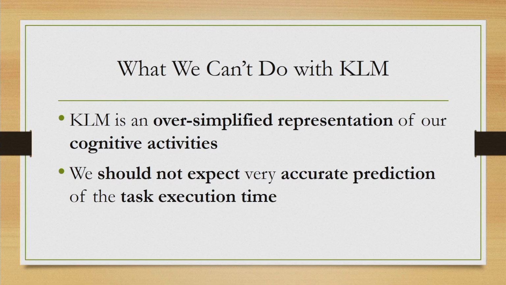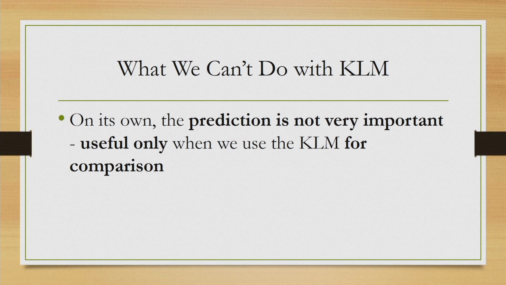However, it must be kept in mind that in KLM we have made very simplified assumption about human thinking. That is, any cognition can be represented as a sequence of low level operators, a linear sequence, and there is no consideration of parallel thinking. So, this may not be very realistic, but it has its practical value, and we should not try to make out much from the actual value. The actual value does not signify much because we have made very simplistic assumptions.